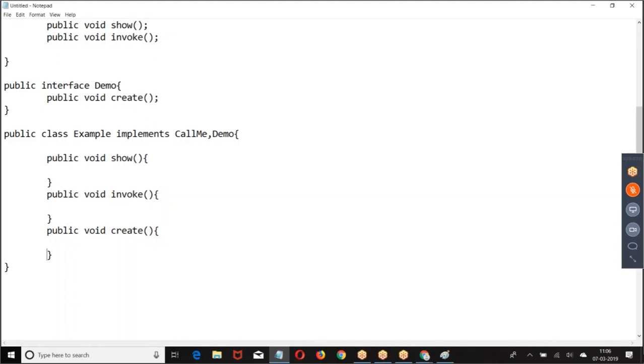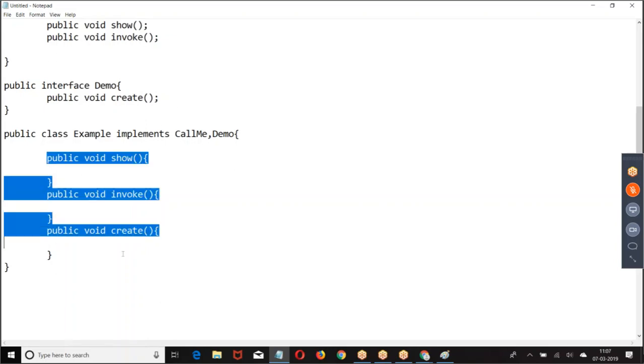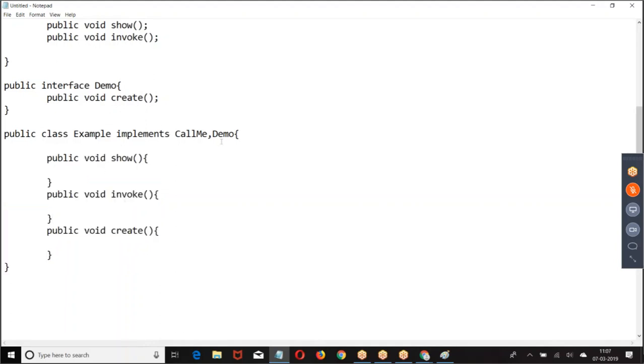If a class wants to use an interface, the class will implement the interface. When a class implements an interface, it has to define every method we have in the interface. Right. The class is implementing an interface, and it is defining every method in the interface. A class can implement how many interfaces? More than one interface. Okay. This is the basic story.